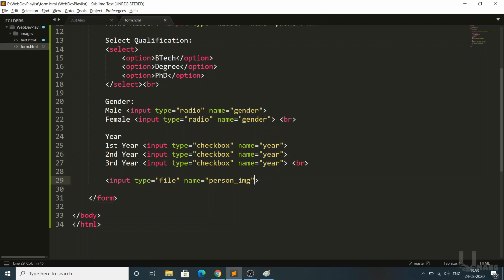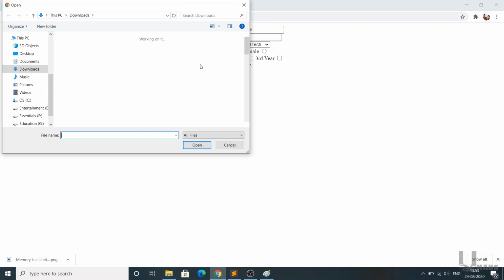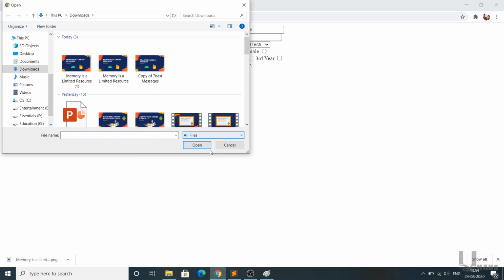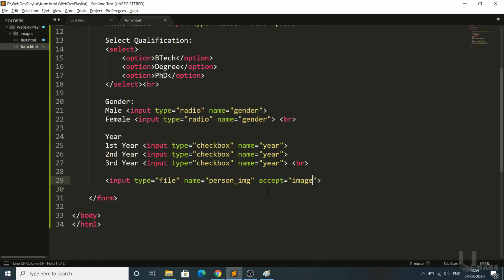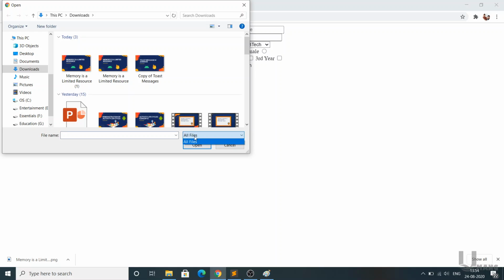So we have another attribute called accept. So accept images. See what happens. Again here it is opening image slash jpg. Again it is showing us all files, but like